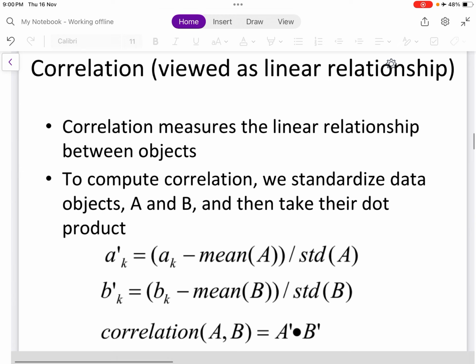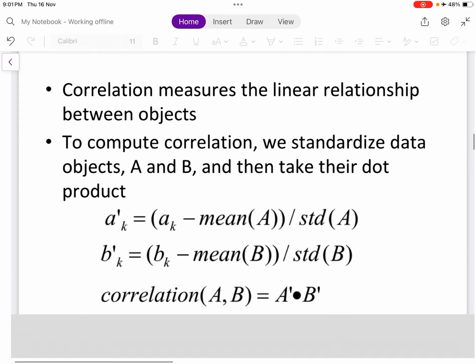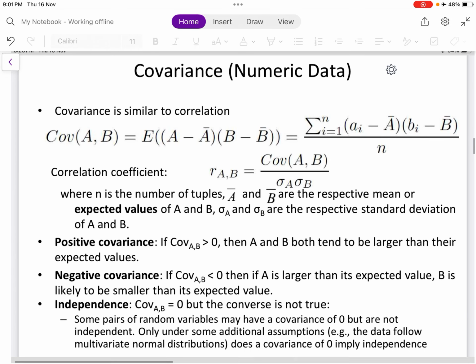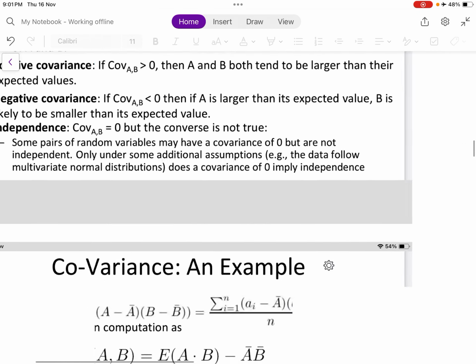So, correlation viewed as linear relationship. Correlation measures the linear relationship between objects. To compute correlation, we standardize data objects A and B and then take their dot product. Covariance: you have a formula for covariance also. Again, positive covariance if covariance is greater than 0, negative if it is less than 0, independence if it is equal